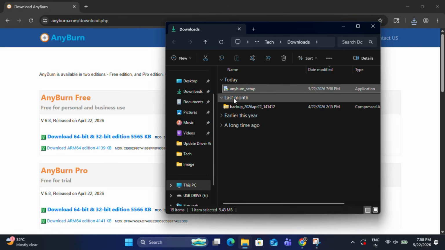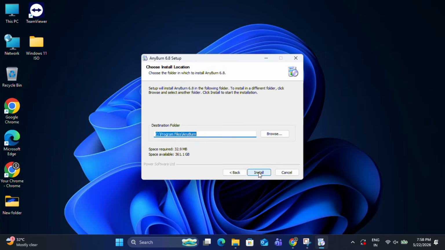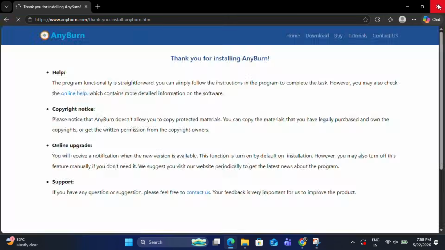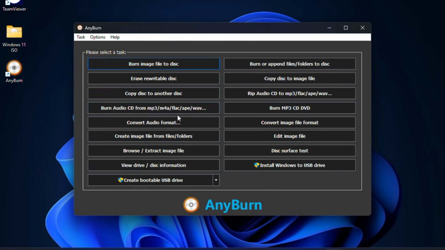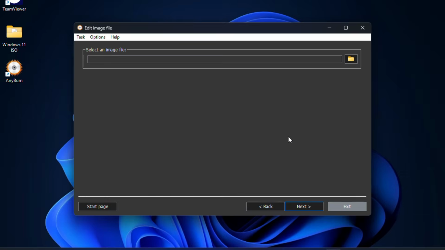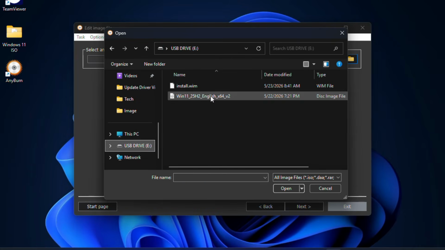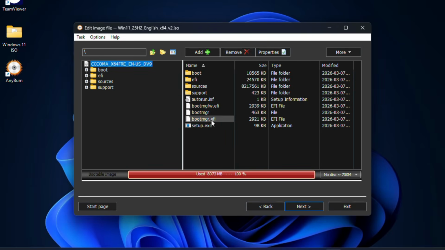Once the download completes, simply install the software just like any normal Windows application. After the installation is complete, open AnyBurn. Now you'll see this interface. From here, select the option called Edit Image File, and browse and select your original Windows 11 ISO file. After loading the ISO, open the source folder,